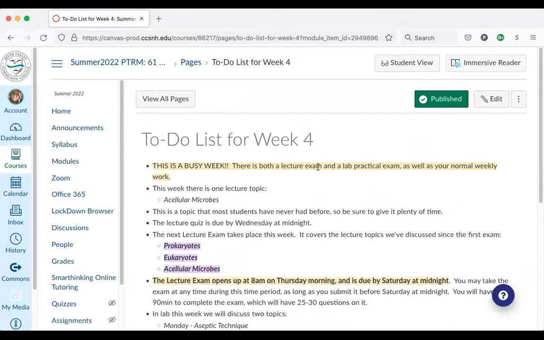There's both a lecture exam and a lab practical exam, as well as our regular weekly work. We have one lecture topic this week, the acellular microbes. And we have a lecture quiz on that topic due by Wednesday at midnight, just like normal. And then on Thursday morning, the lecture exam opens up and the lab practical exam opens up. And as I said last time, I would recommend that you take your lecture exam first and then take your